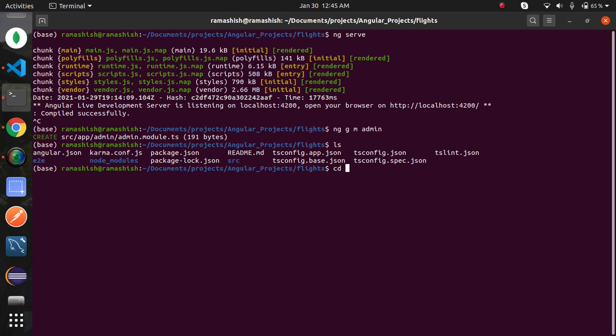Move inside the feature module, cd src app admin. Create some components for this feature module, ng g c flight-list.